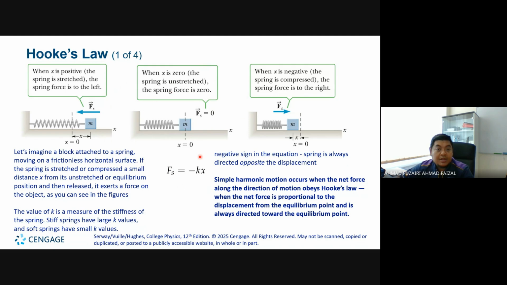Based on this figure, let's say this is the equilibrium position, but the spring has been put in the horizontal situation. Let's say you compress or pull the spring by the maximum distance. That maximum distance is what we call the amplitude. That means, in the case of no friction at all,